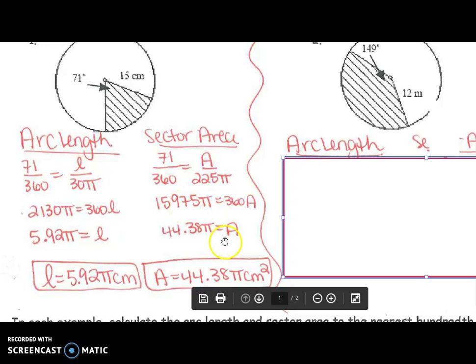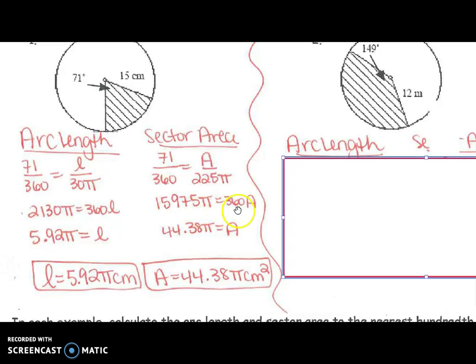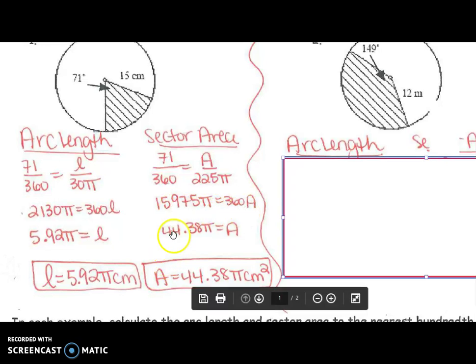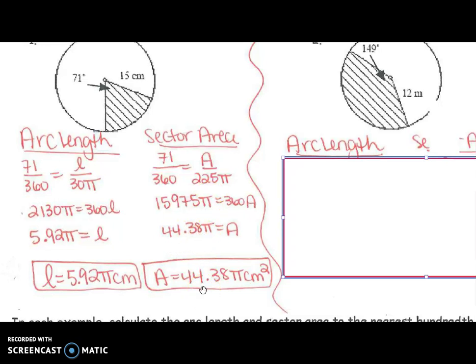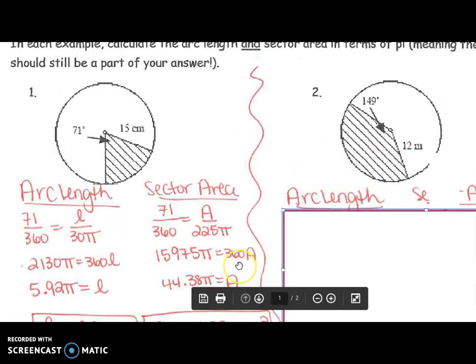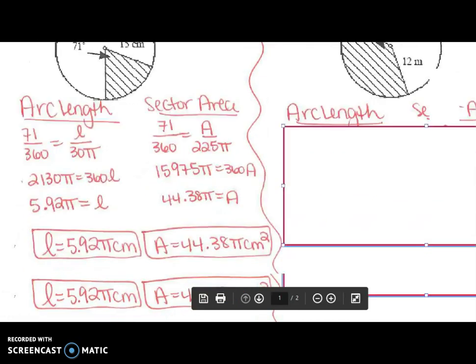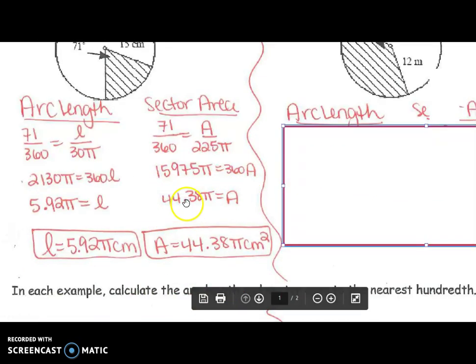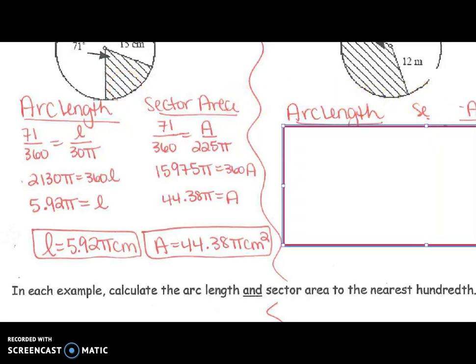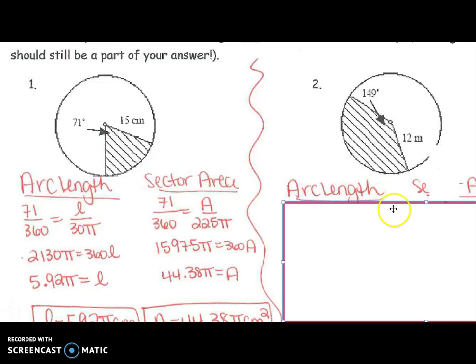The sector area, same thing. Cross multiply. 15975 pi. 360. Divide this by 360 is 44.38. Just leave it in terms of pi. So that is the area of this. When you leave your answer in terms of pi, you do not multiply or do anything. Just put this answer and then put the pi. So that is the area of this sector. Everybody try number 2. I want the arc length and sector area. So do the same thing over